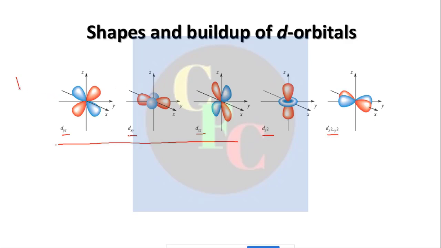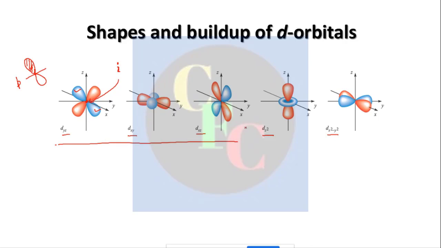See, in p orbitals, you had two lobes which were out of phase. Here you see the opposite lobes are in phase, and the other two lobes are out of phase. So there is a center of inversion, which we denote as i. This will be important in our discussion today. That's why I mentioned it before. So now we have a center of inversion which was absent in the case of p. In all of them you can find that center of inversion.